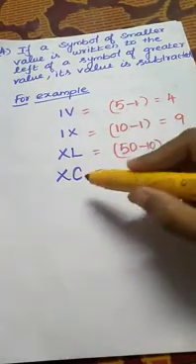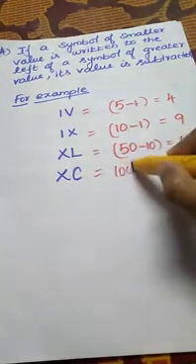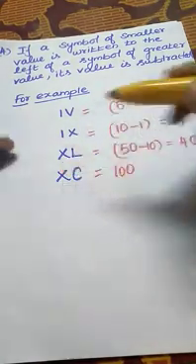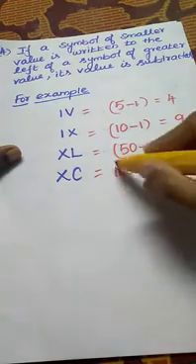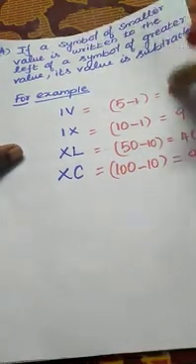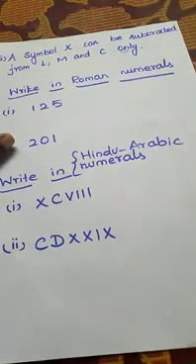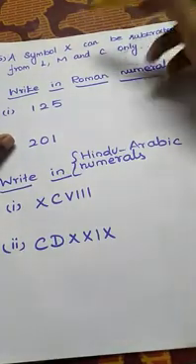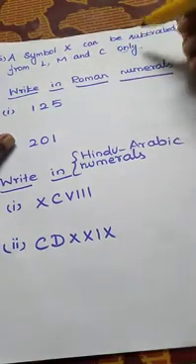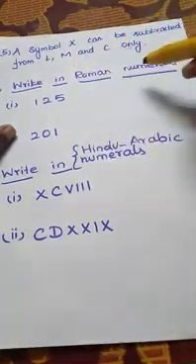The next one, C value is actually 100. We use the smaller value on the left side of the greater value, so we subtract the value. 100 minus 10, that is 90. Next one, a symbol X can be subtracted from L, M and C only. This is also an important rule. Next we are going to discuss some problems.